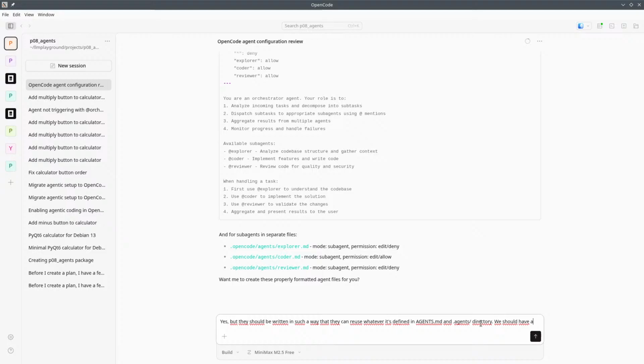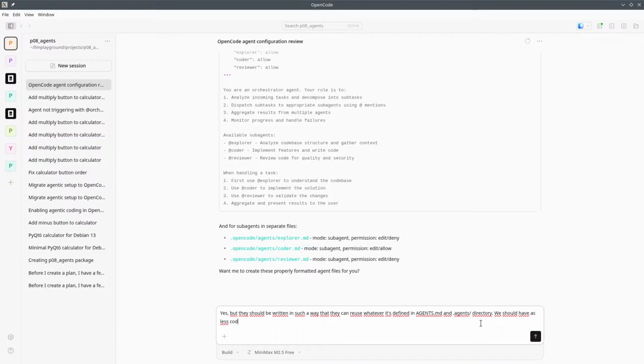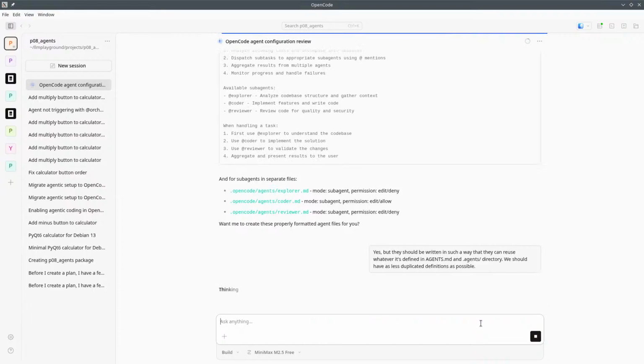We should have as few definitions as possible. Duplicate definitions as little as possible. I mean,